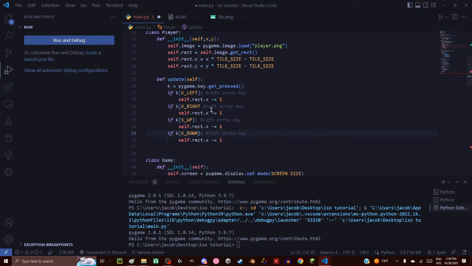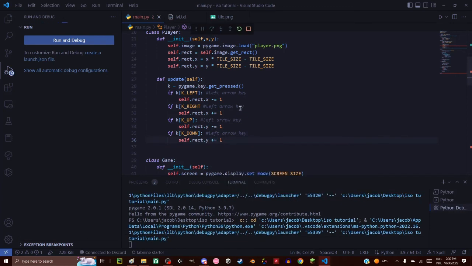So now to do this, right would be +1. Down would also be +1. And the last 2 are for the Y value, because up and down is for the Y axis. So now if we start this,